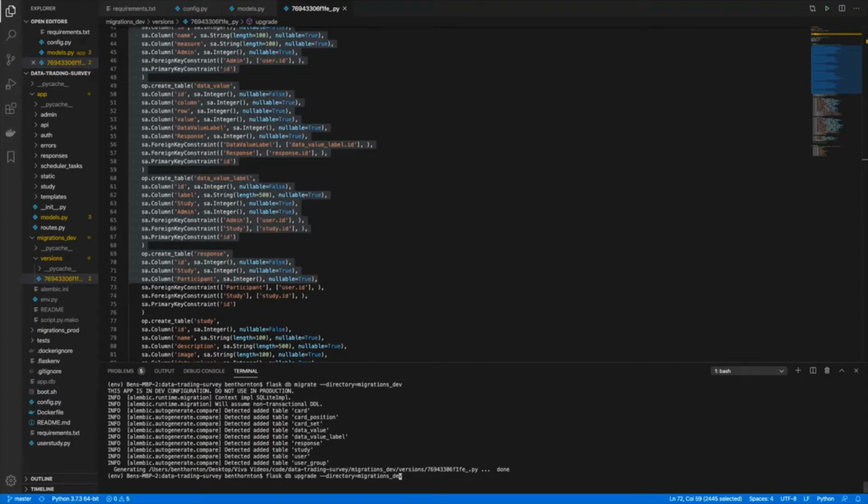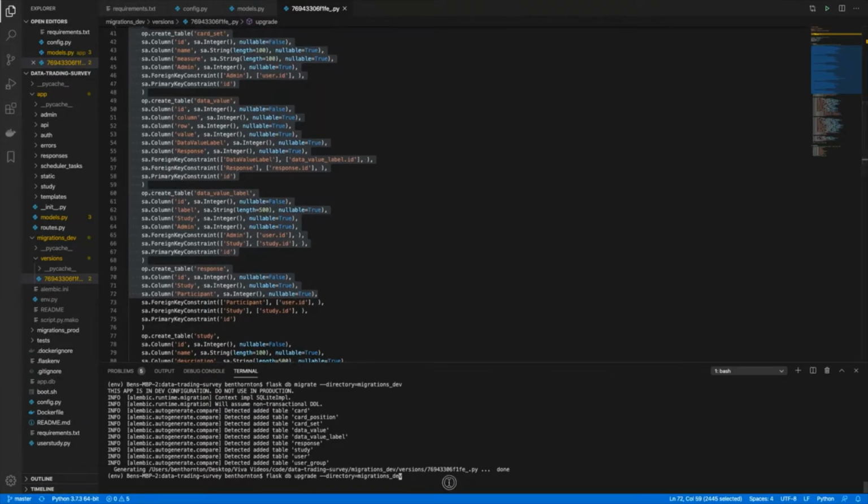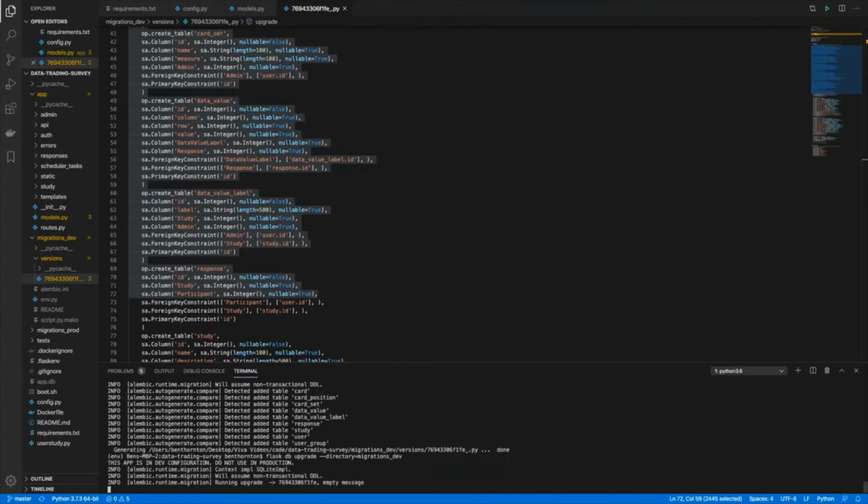So once we've migrated the schema to these commands here, we can then go and run the upgrade command, which will apply the schema to the development database. So once that's run, the database now has the schema.